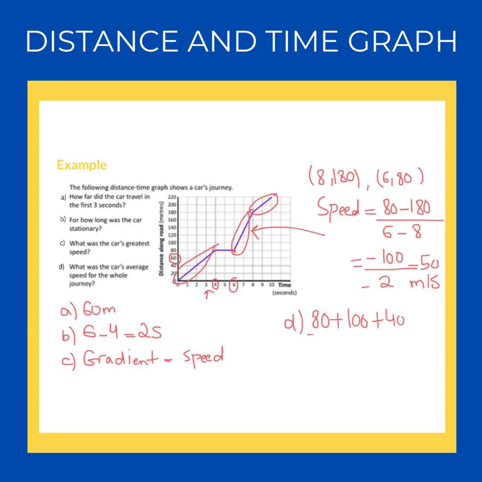So that's the total distance over the total time, which is this reading, which is 10. So 100 plus 80 is 180, plus 40 is 220 over 10, and the answer is 22